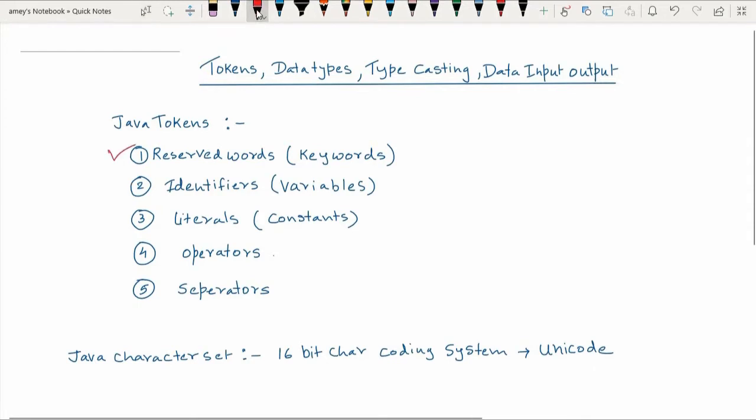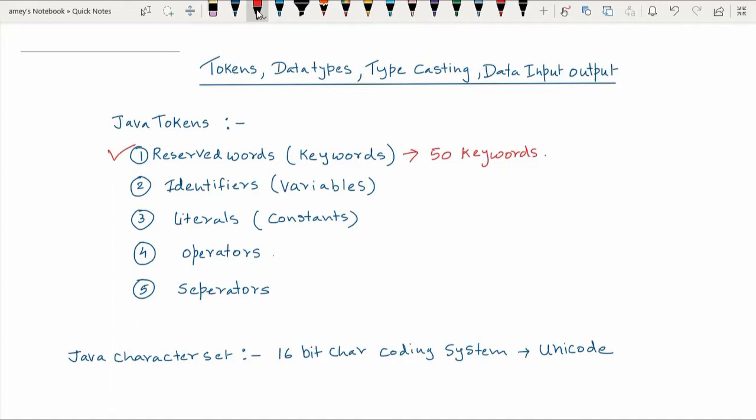Now let's start with the very first token, and that's called a reserved word or keyword. Now in Java you will find nearly 50 keywords. These words have specific meaning in Java. For example, you must have already studied if. If is a keyword, else is a keyword, for is a keyword, while is a keyword, and so on.